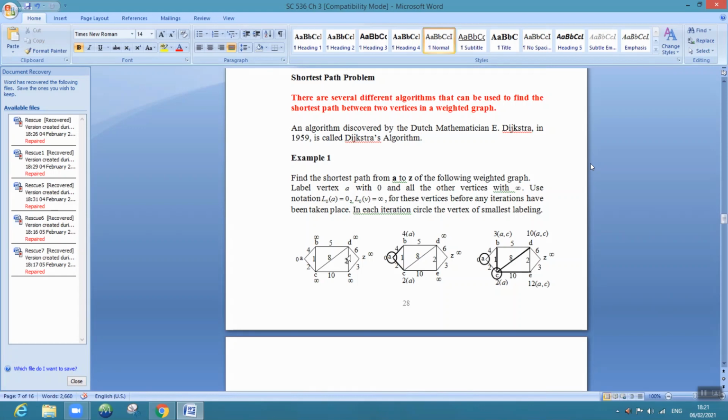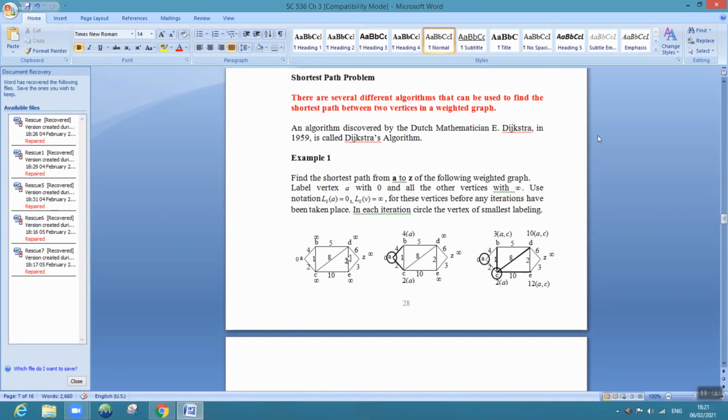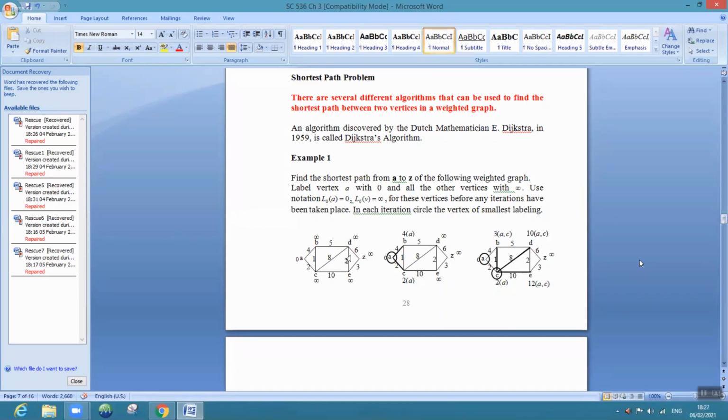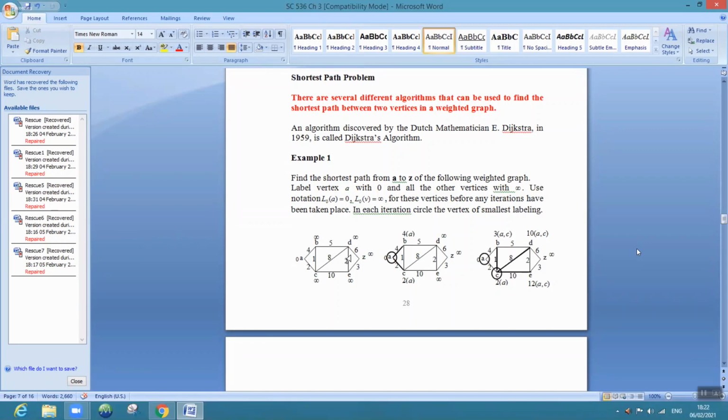If you take Kandy to Colombo, the normal main road, driving takes 4 hours, because of the traffic. The distance is 116 kilometers. But if you take another path, going through Kegalle and somewhere else and coming to Ratnapura and going that way, then the distance is larger, but the time is less. No traffic, you can drive directly. Sometimes the path you obtain for the minimum time is not equal to the path obtained for the minimum distance.